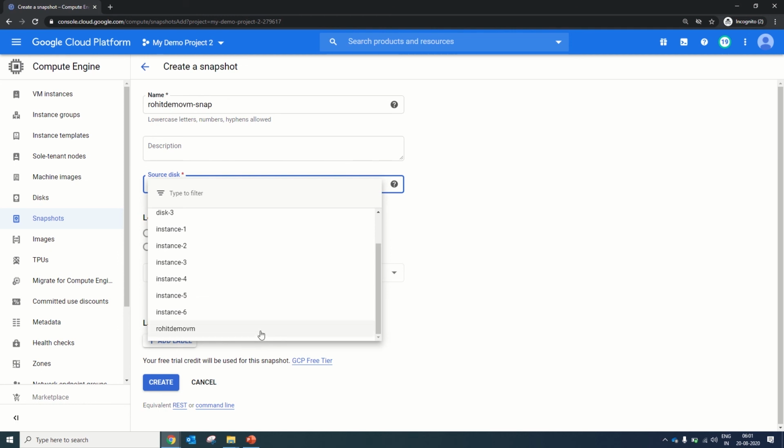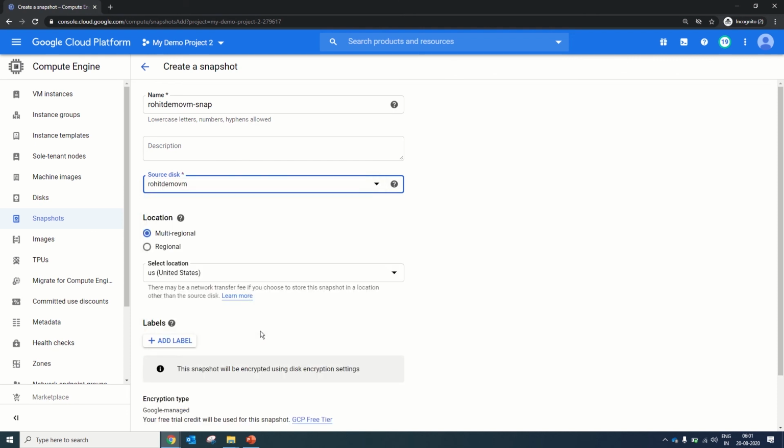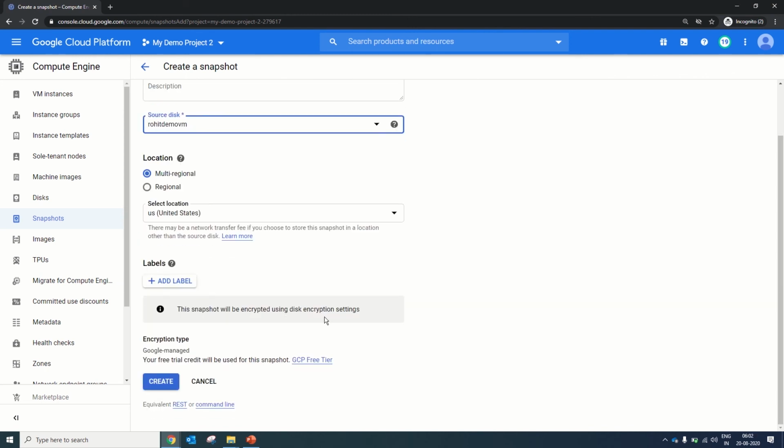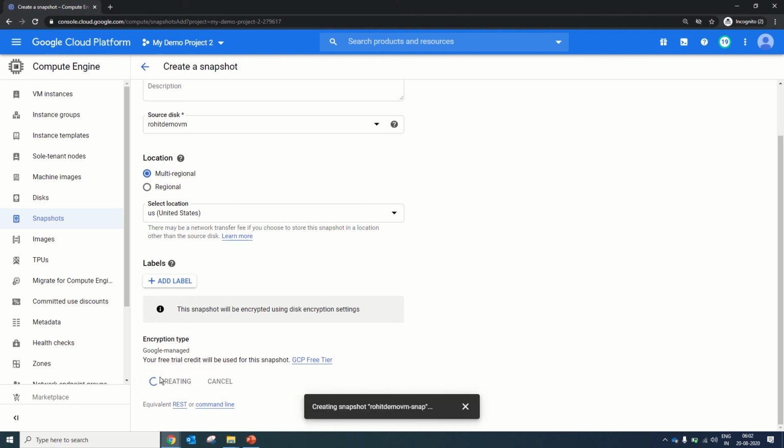In the first activity, we are going to take the snapshot of the complete instance Rohit demo VM. So we just select the machine, the region automatically picks multi-region, and we will create. You will see this option that your free trial credit will be used for the snapshot. So that's what we have.